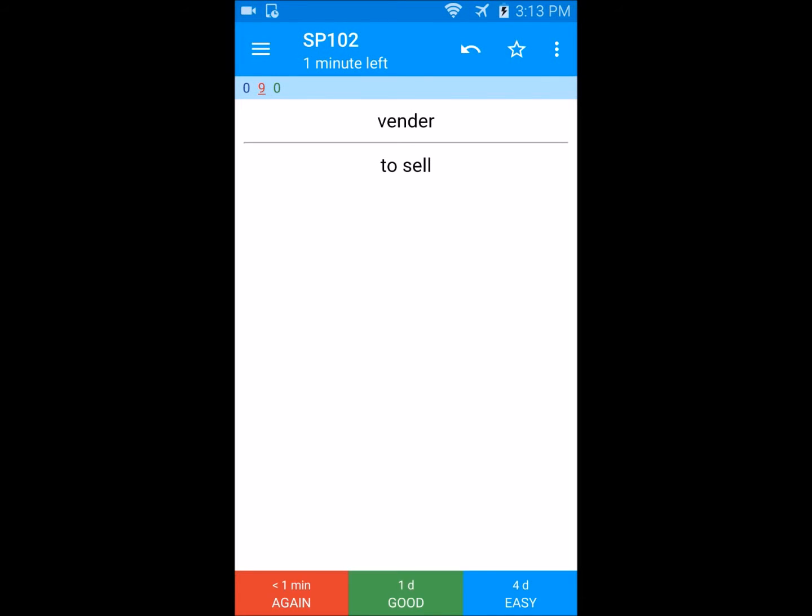Now, in this Spanish 102 deck that we're using right now, that we've linked to your account, words and phrases are organized by which textbook chapter they came from. There are cards for all vocabulary for chapters 6 through 10. However, you might want to create additional flashcards for words you learned in class that aren't in the textbook, or maybe you want to create a flashcard to practice verb conjugation, like if you keep forgetting the past tense form